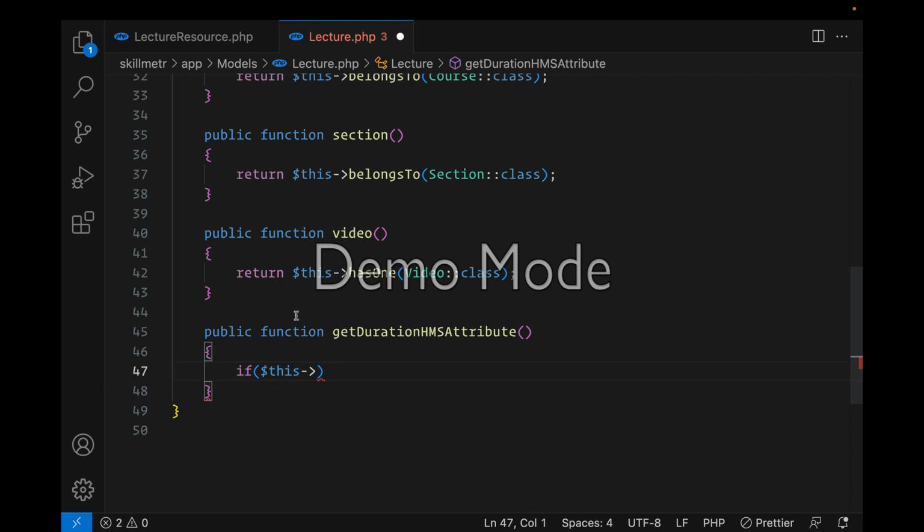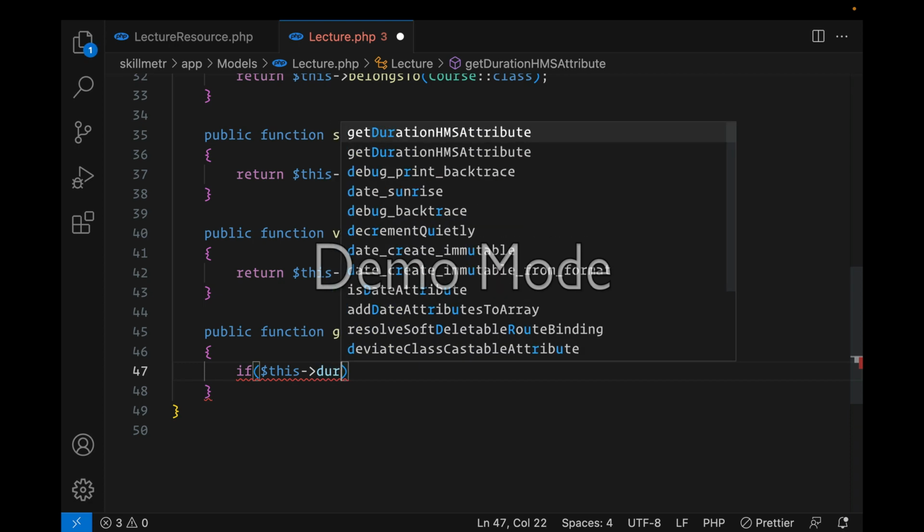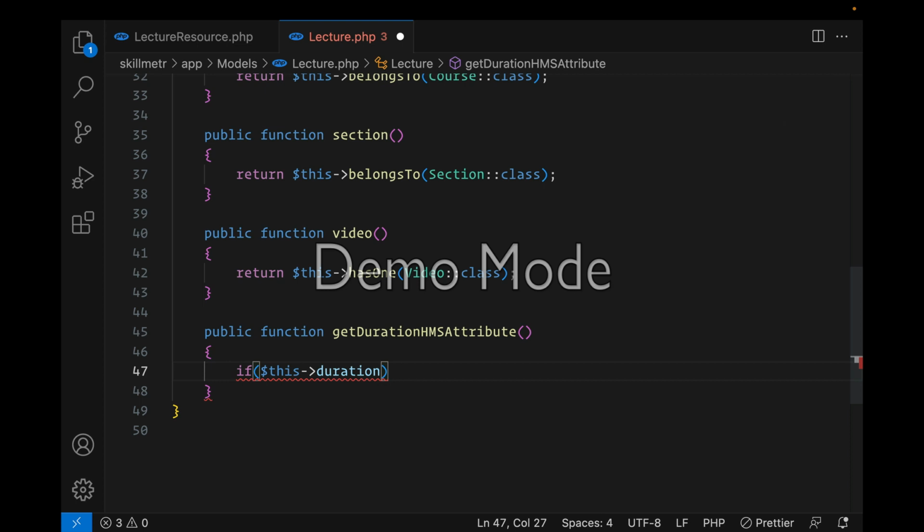So we will have to convert that minutes value to the formatted string. So if this duration in minutes, then we're going to return a formatted string there. Otherwise, we're just going to return 00:00:00, okay? Which means a duration has not been added for that lecture, and so we cannot calculate the